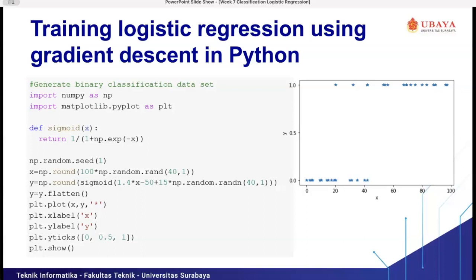So 15 multiplied by np.random.randn will be the error term, because if we don't multiply by 15 and add it to our previous equation, there will be no error.